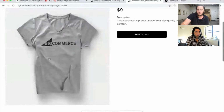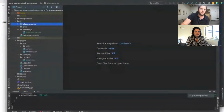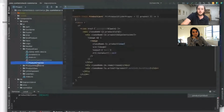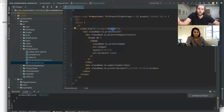And so within the code, to hop in there, what I want to dive into is the idea of a product card and being fed that type. So if I go into the components, you'll see there's the basic ones right within here, but that product card being leveraged in a handful of places. The product card, as I outlined, is simply being fed a product type, and that product type will have the core attributes that I'm going to want to display. There, of course, may be variants of it, complexity may grow, but from a very simplistic standpoint, I'm able to take in that data, leverage it in a unified manner, whether it comes from a CMS or from BigCommerce,